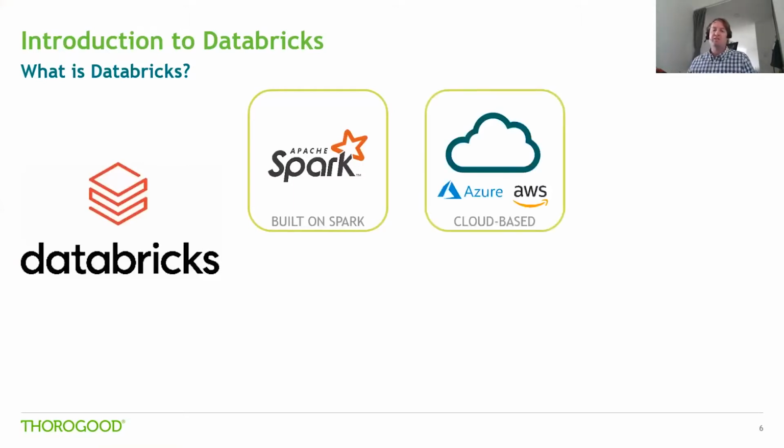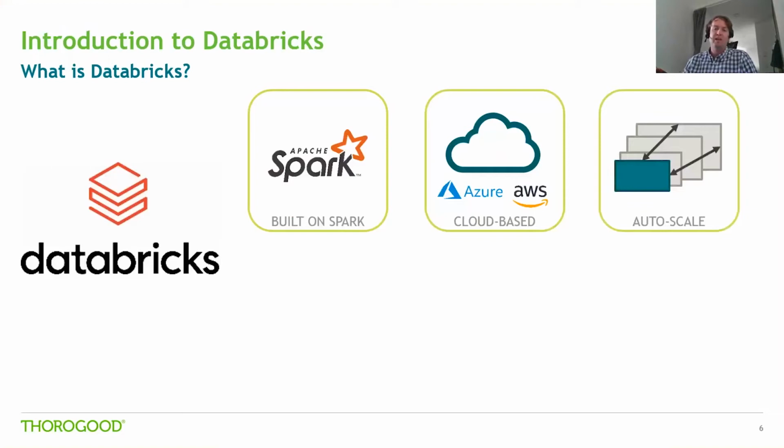One way it does this is by integrating with Azure and AWS. Spark requires a cluster of computers to be set up, and Databricks automates this process. It's as simple as choosing the number of computers and their size, and then Databricks will handle the rest. On top of that, Databricks will handle auto-scaling, so you only pay for the computing power you're actually using. That can mean big savings if you're running occasional analyses that need a lot of computing power for only short